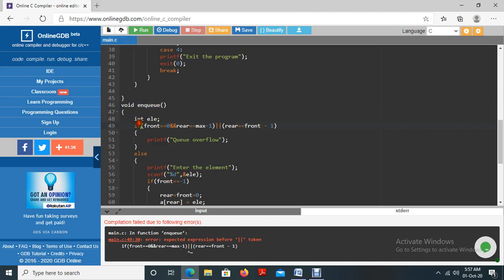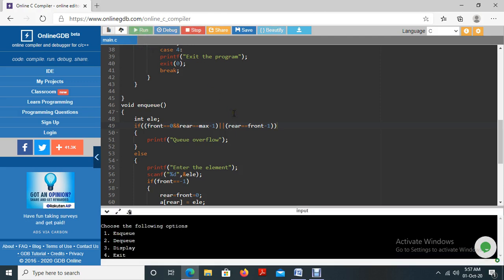Okay, I missed a bracket here. That is why it's showing an error like this. Okay, now it's cleared.